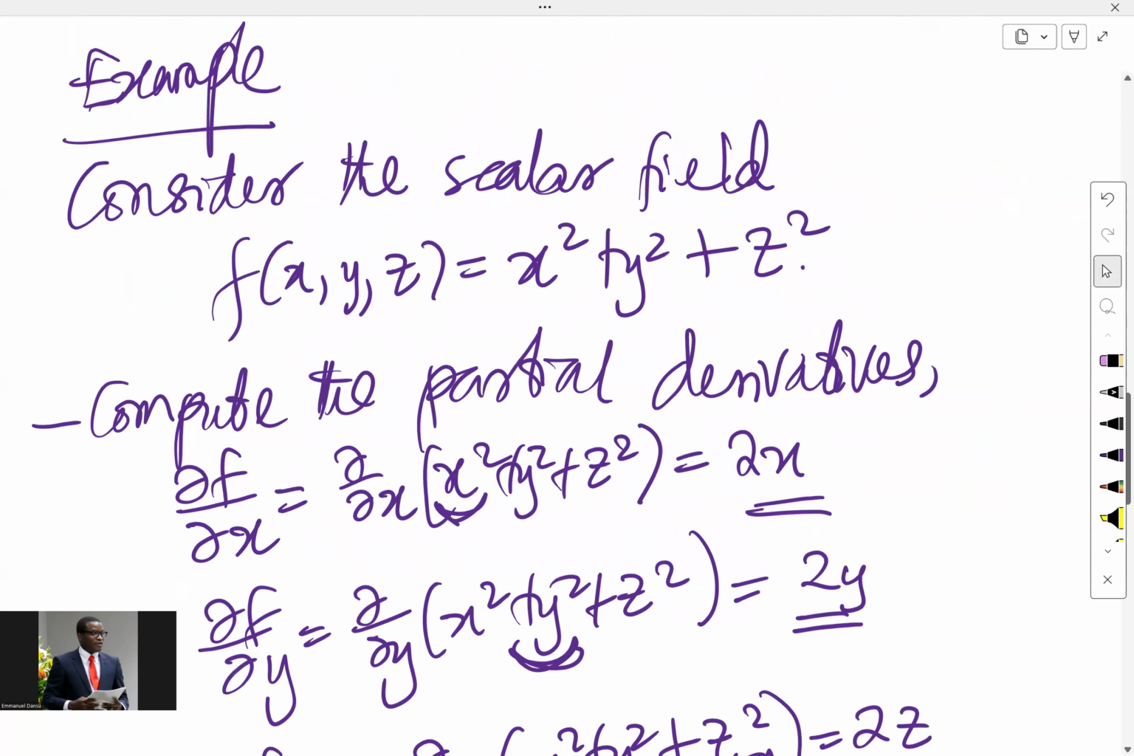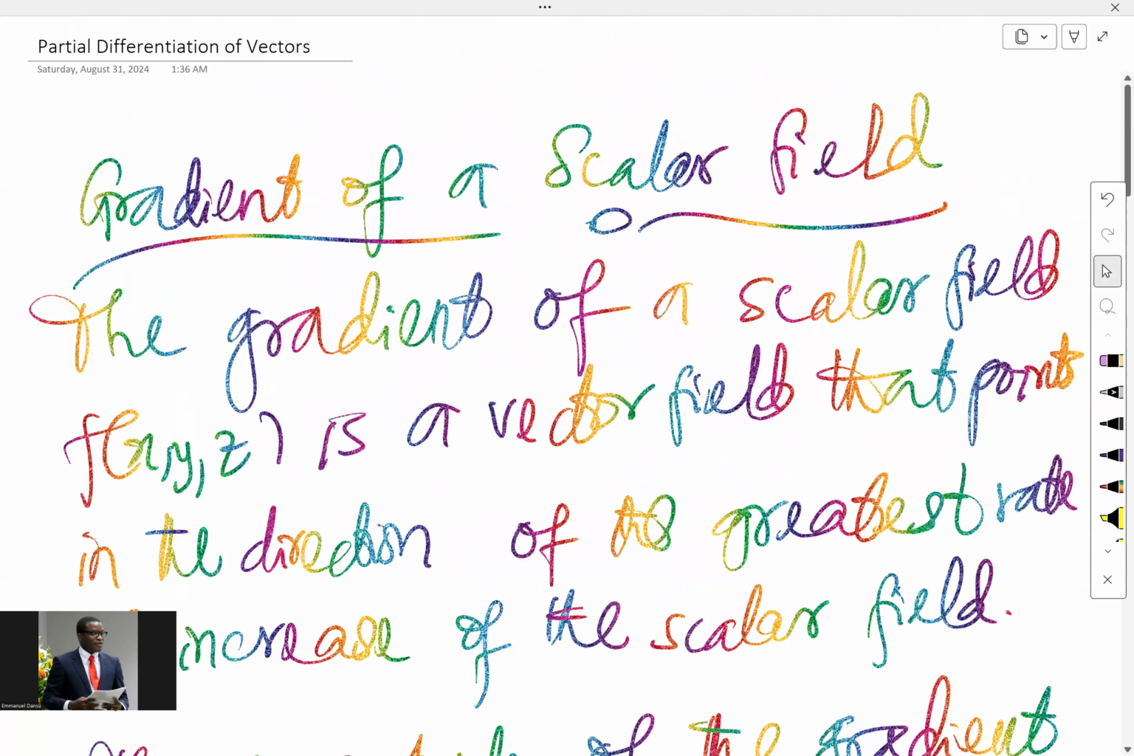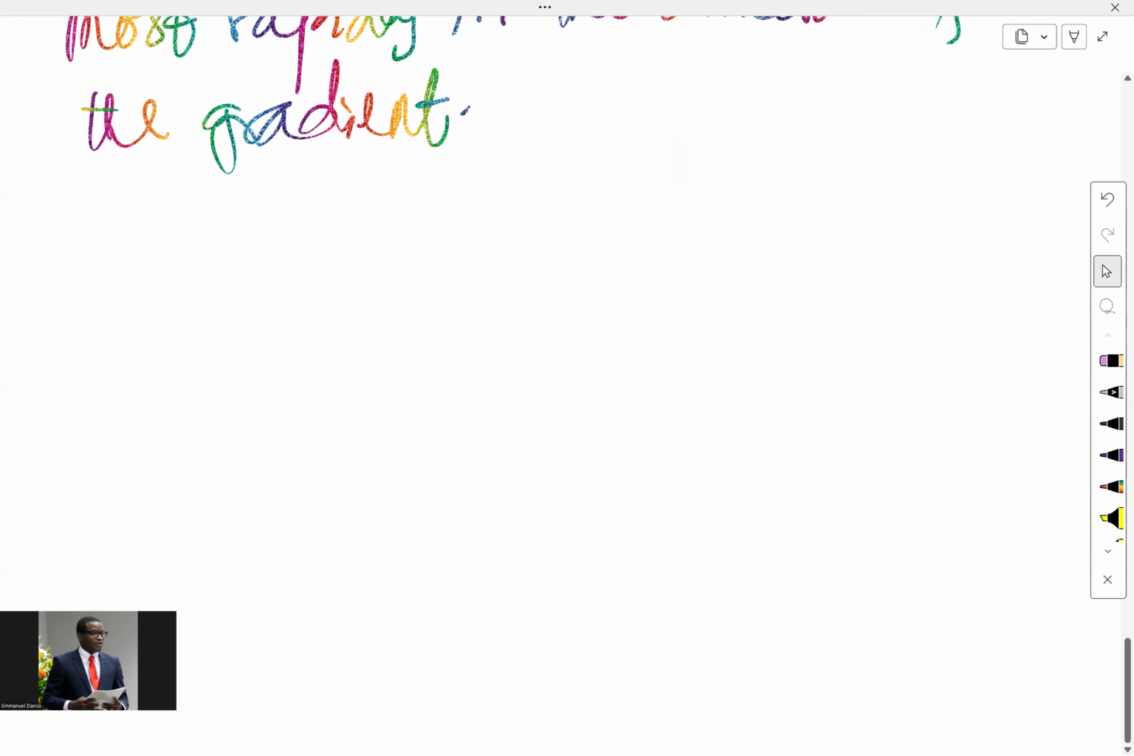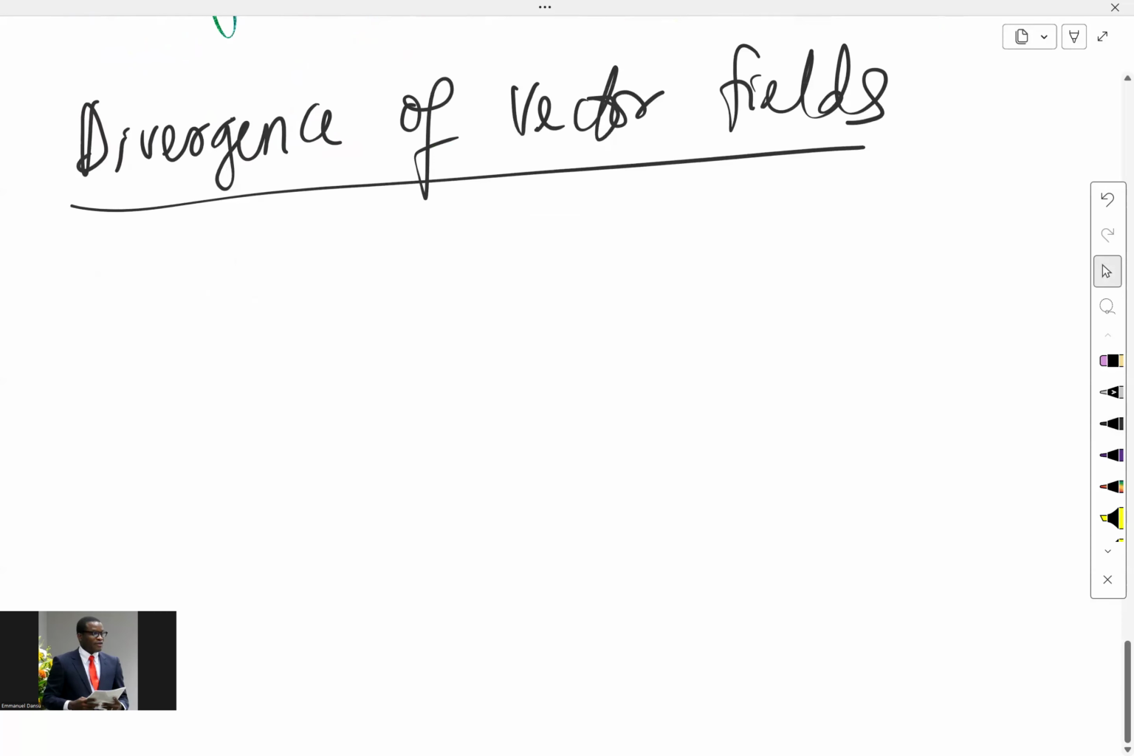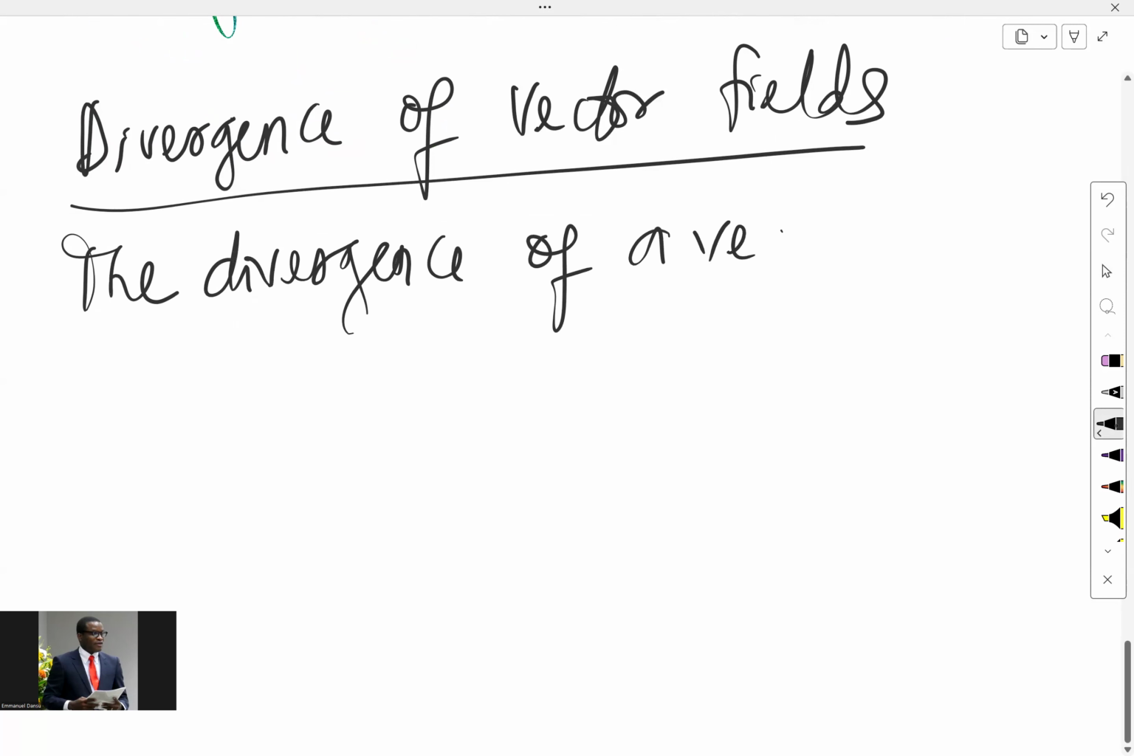So gradients are applied to scalar fields, as we can see already. Now let's talk about another important idea, which is divergence. Divergence of vector fields. So when we talk about the divergence of a vector field F,